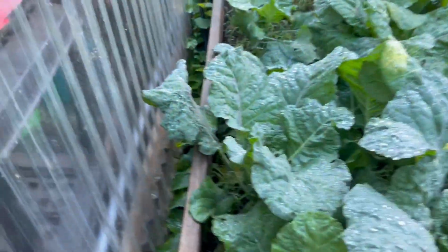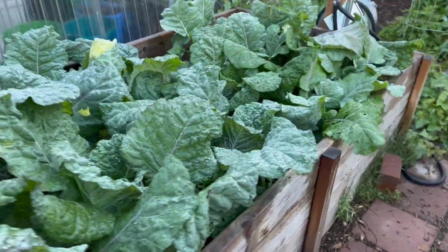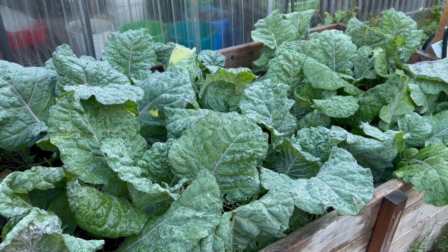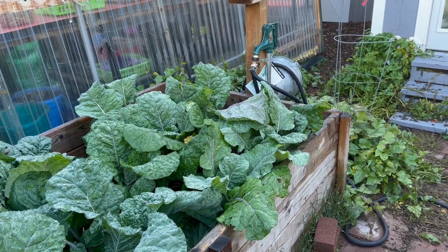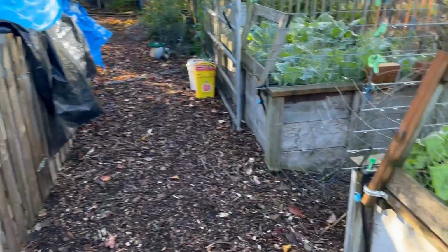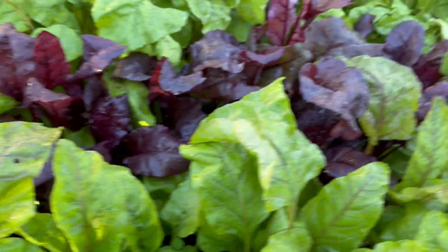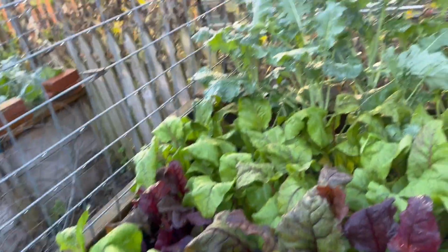We'll duck here under the yacon. We've got some, what kind is this? Napa cabbage. I believe this is Napa cabbage over here. We've got some cabbage plants loving this weather. Got a sweet potato over there going crazy, just about ready to harvest. This is our composting area. Over here, beautiful, beautiful bed of beets. And then on the back side, we've got some